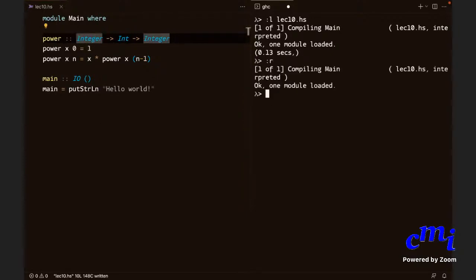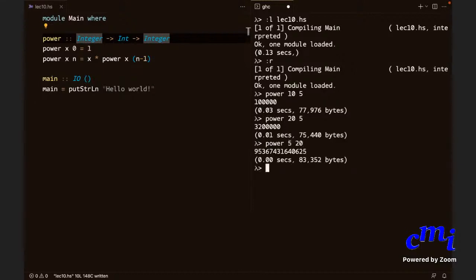Reload. Okay, and then you can do things like 20 to the power 5, 10 to the power 5, let's say, and 5 to the power 20. Yes, you can do all this.